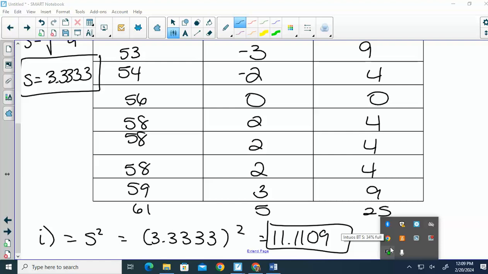Bell-shaped data. What is the best measure of central tendency? Mean. Central tendency is like the middle, so the mean. If you have bell-shaped data, what is the best measure of dispersion? Standard deviation, that's how spread. If our data is skewed, what is the best measure of dispersion? Interquartile range. What is the best measure of the central tendency? The median. So know the difference between a measure of central tendency and a measure of dispersion, and when you use either